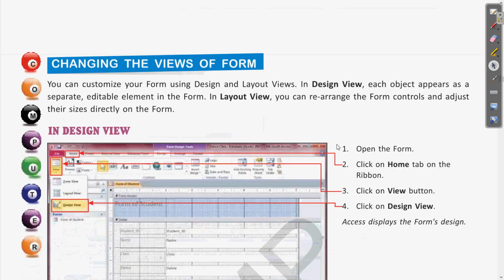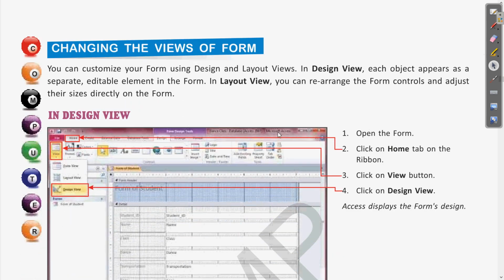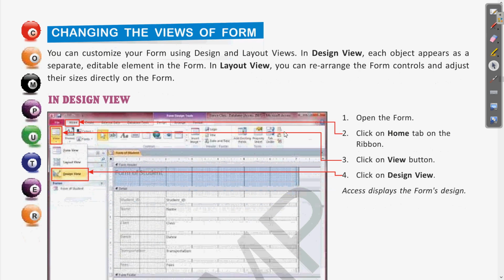Then this form also has two views. One is design view and another is layout view. So what is the design view? In the design view, all of these objects appear as different elements, and in the layout view we can rearrange the labels and the values according to our requirement.